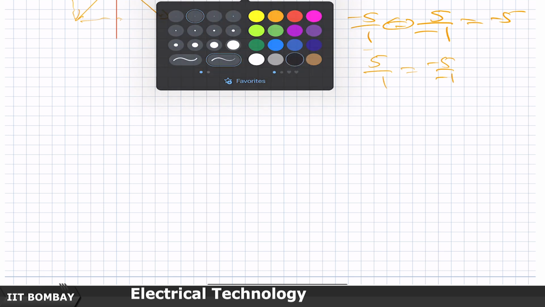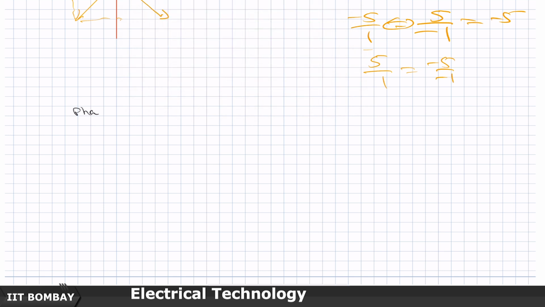So essentially what we are saying is phasor addition of vectors and phasors. In electrical engineering, because they represent phase quantities, we call them phasors, but otherwise they are vectors only. Their addition and subtraction can be abstracted out through